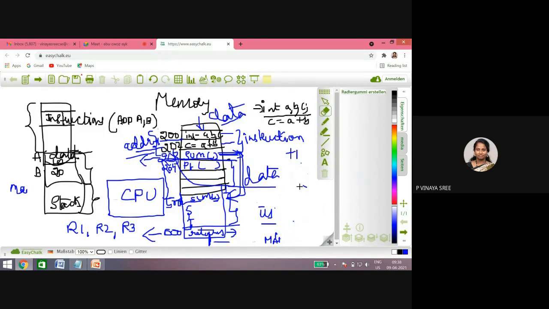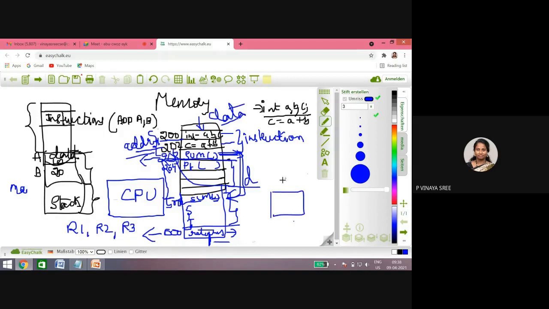What should be the next instruction address, ma? 204. Yes, good, very good. So it is 204. Program counter, it is 204. Why? Because the processor started the main program from here.